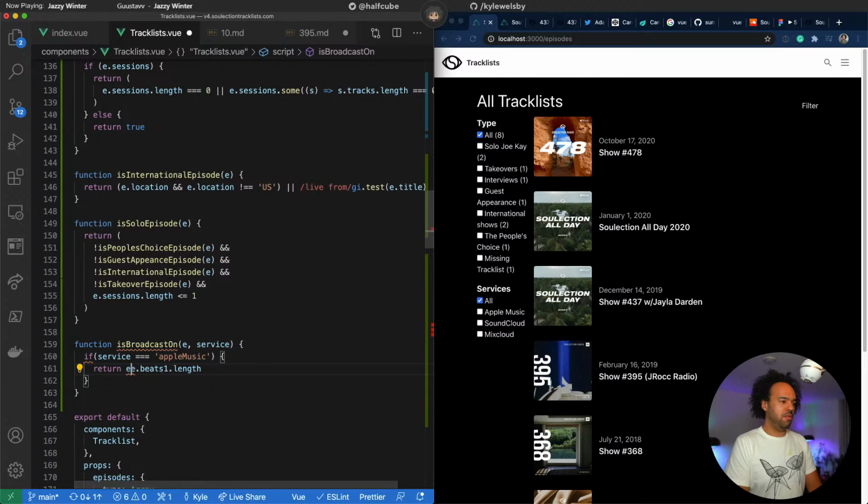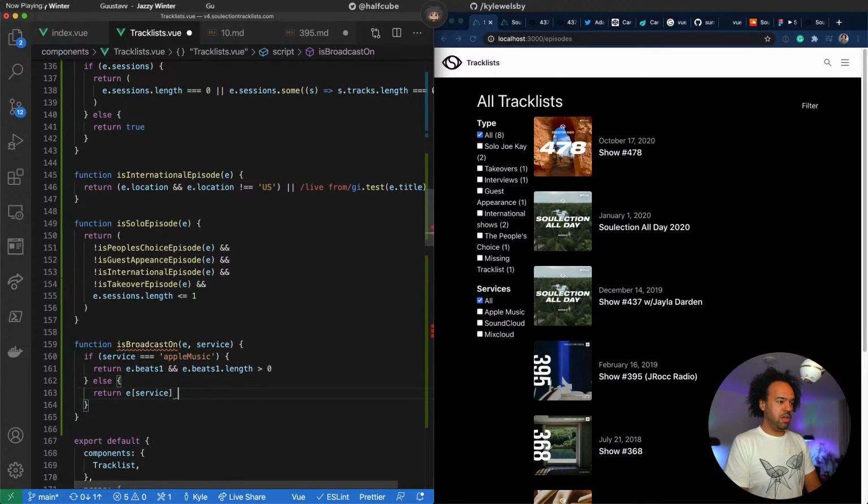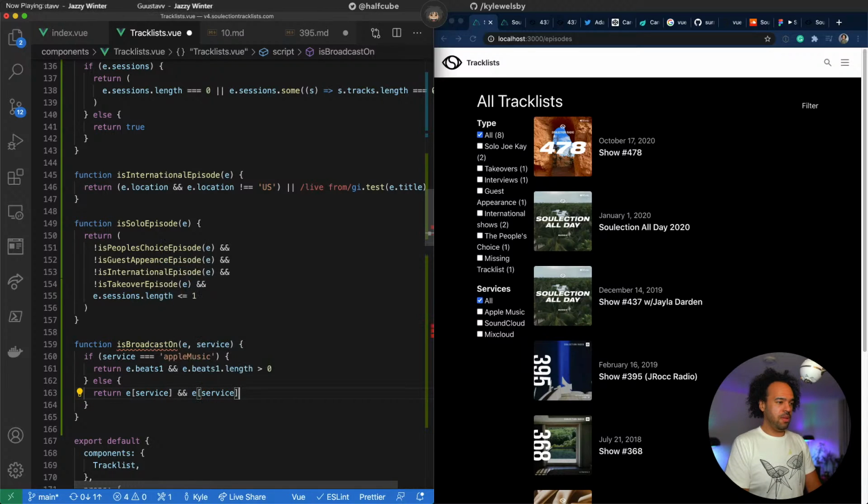Well, if we have episode Beats 1 and there's a length greater than 0, then we know that that exists. Else if, well, else return e service, because we're checking on that document, and e service with service, yep. Length is greater than 0.